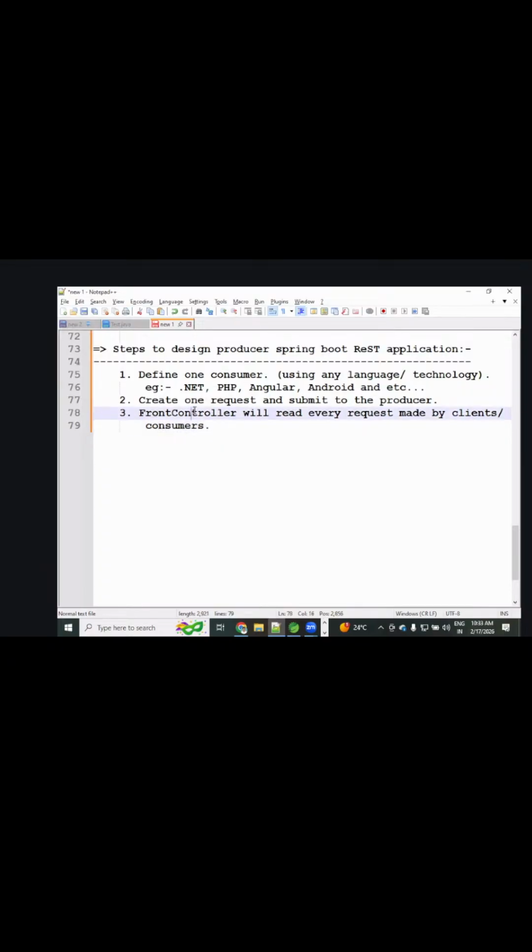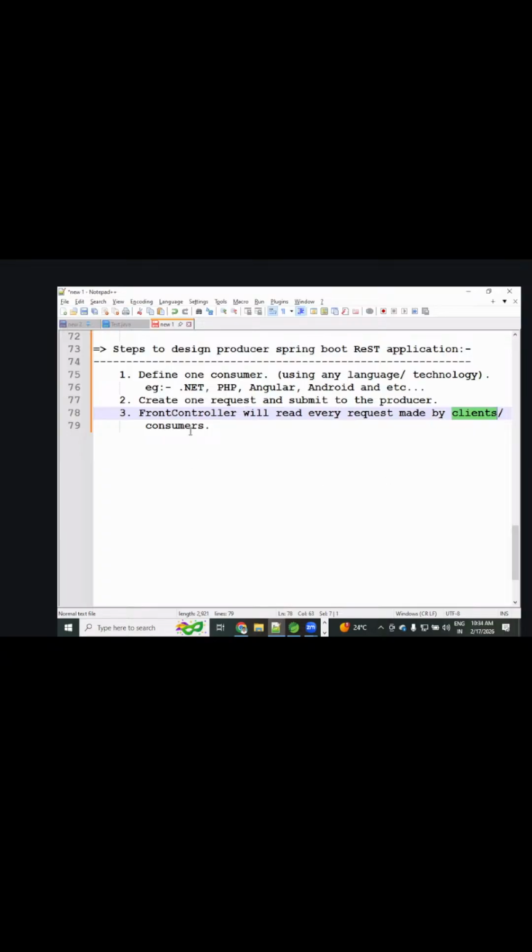The front controller will read every request made by clients or consumers. Client means browser. A browser is always treated as a client, any browser: Chrome, IE, Opera, or anything.